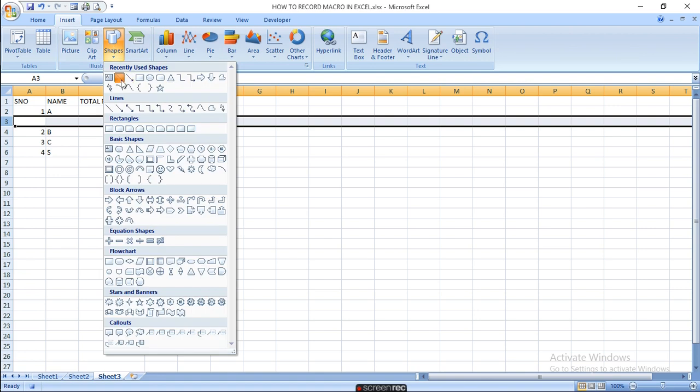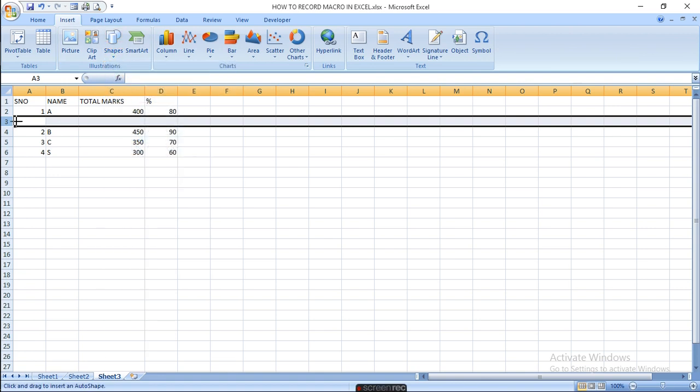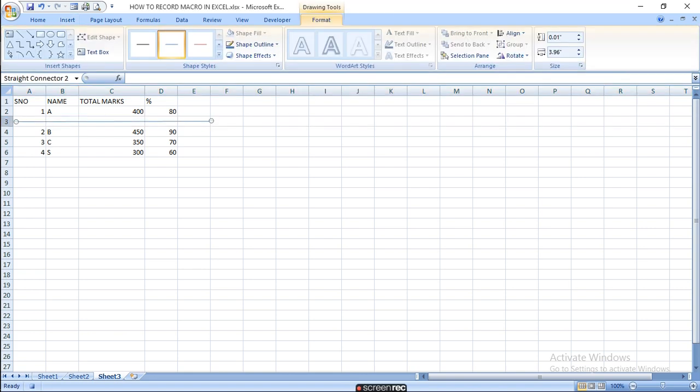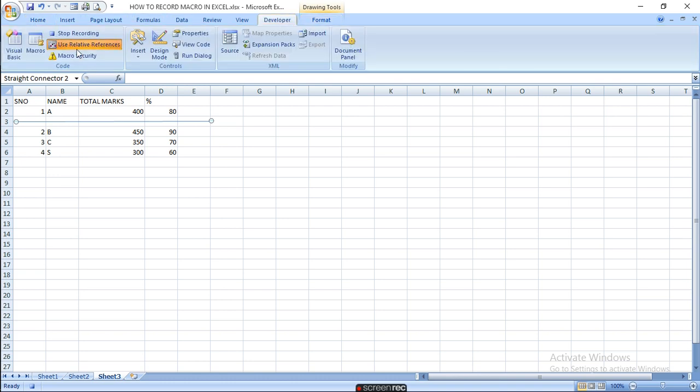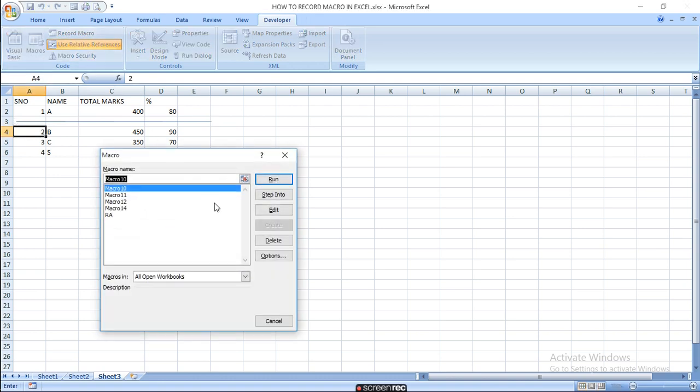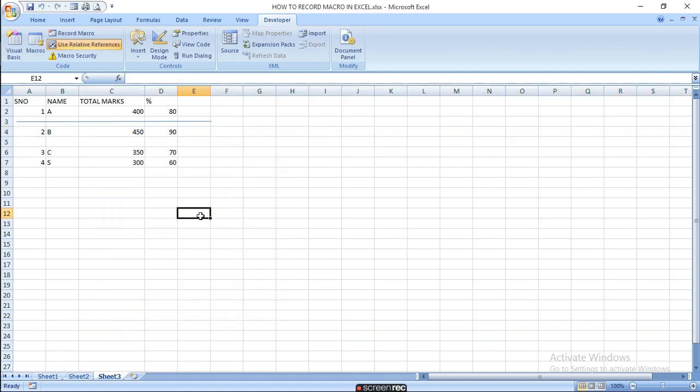Suppose you want a line, so make a line, clear, and developer, stop recording, and then come here and run the macro 14, run.